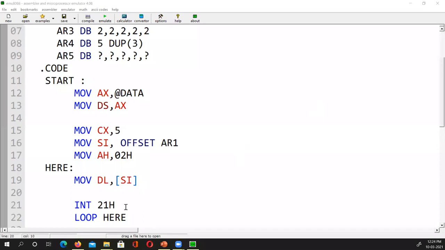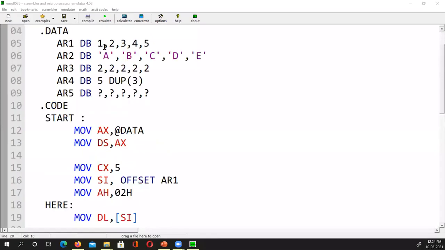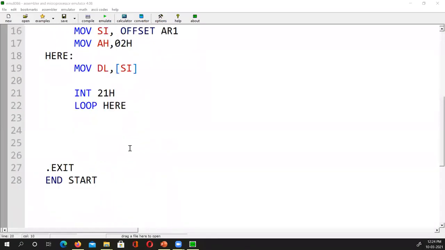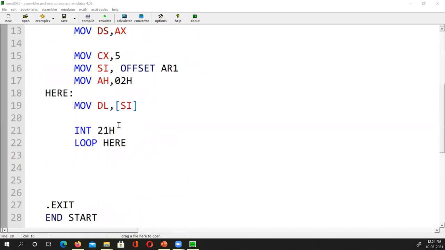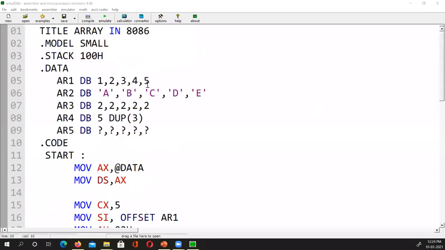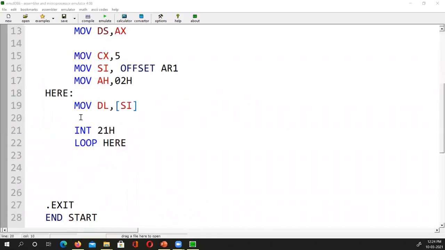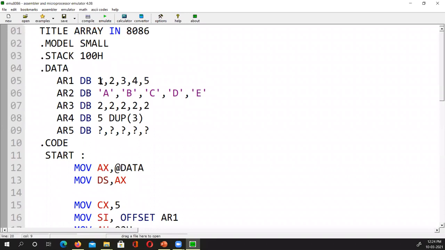Yes. Okay. So I should also increment SI because SI is pointing to the 1. Now I should make it point to 2, so I should increment it. But I should also do one thing which was said by someone, that because this 1, 2, 3, 4 has to be in ASCII. And what is the ASCII? I have to add something to it, to convert this into ASCII. Because I have not put the ASCII value of 1 here. What is the ASCII value of 1?